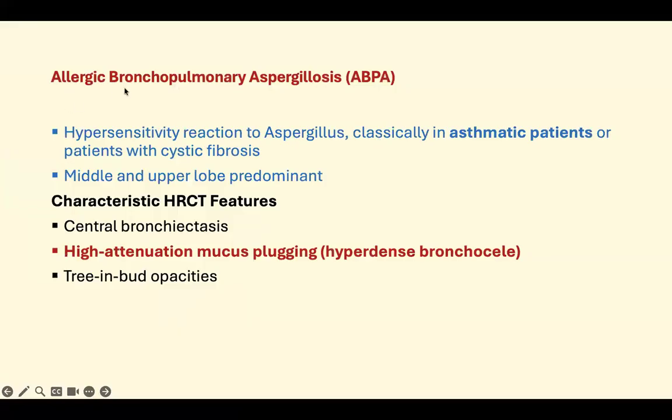The second entity to involve the upper lobes is allergic bronchopulmonary aspergillosis. It is a hypersensitivity reaction